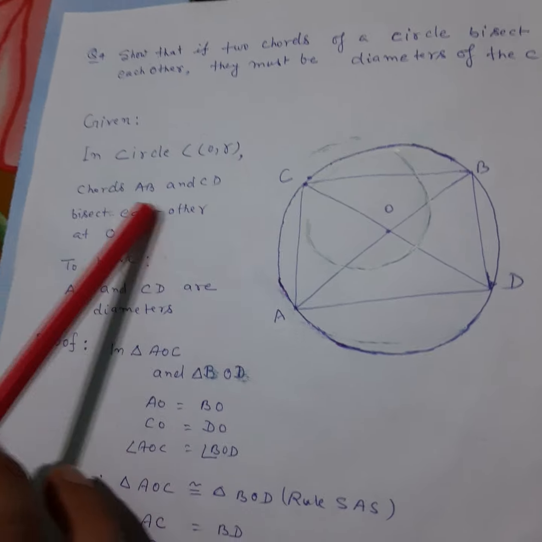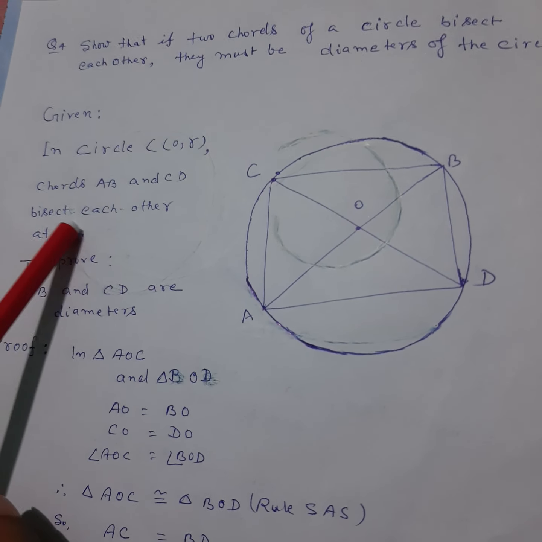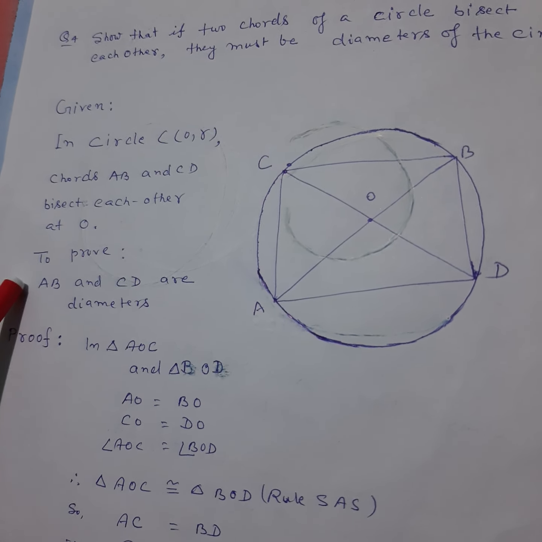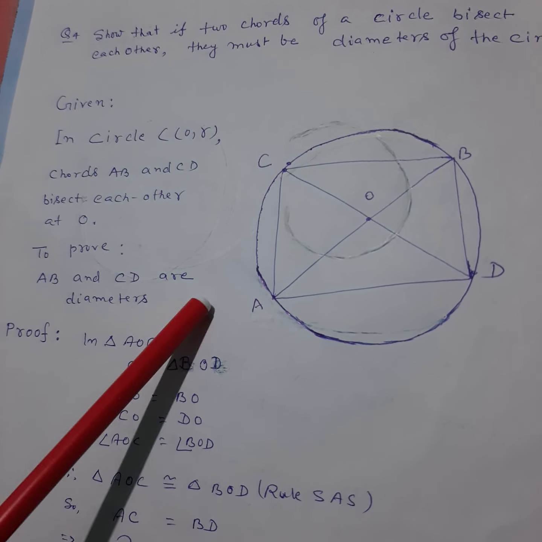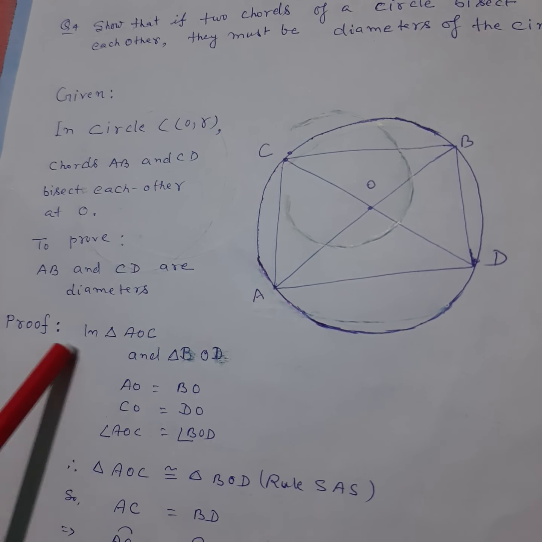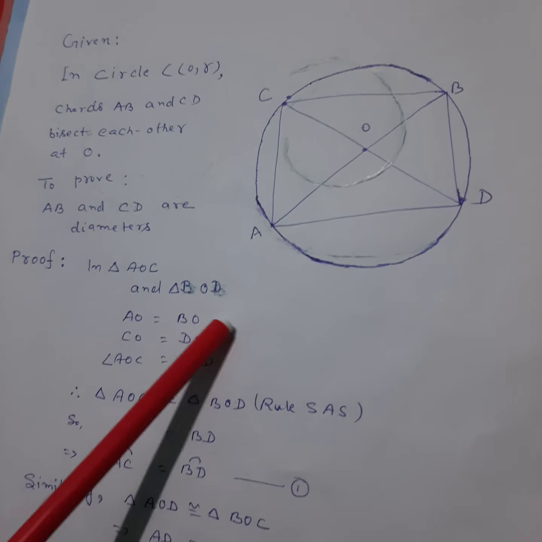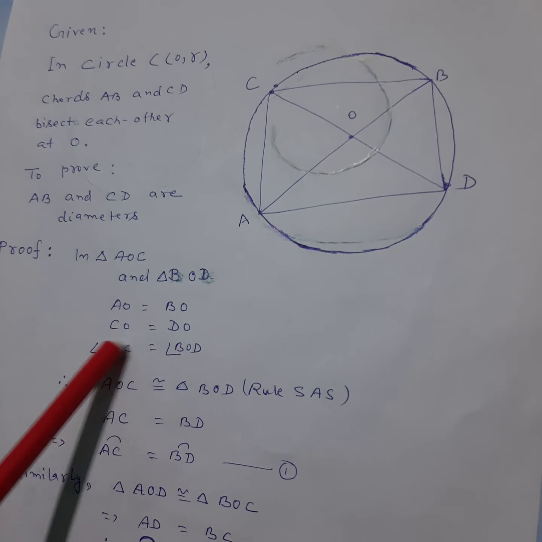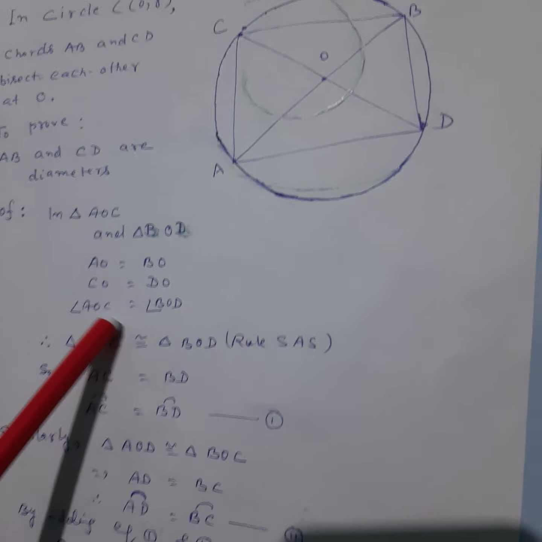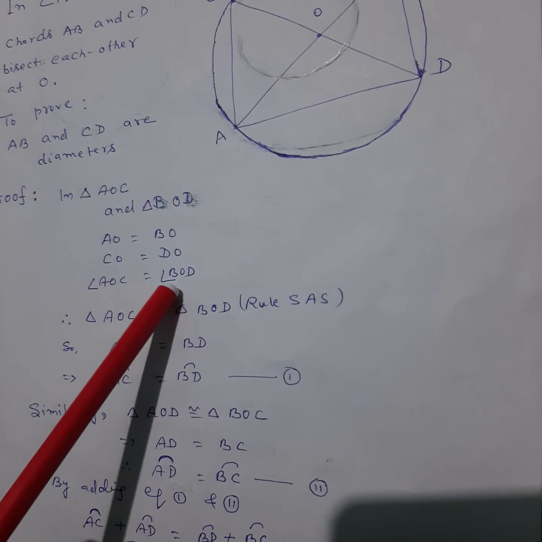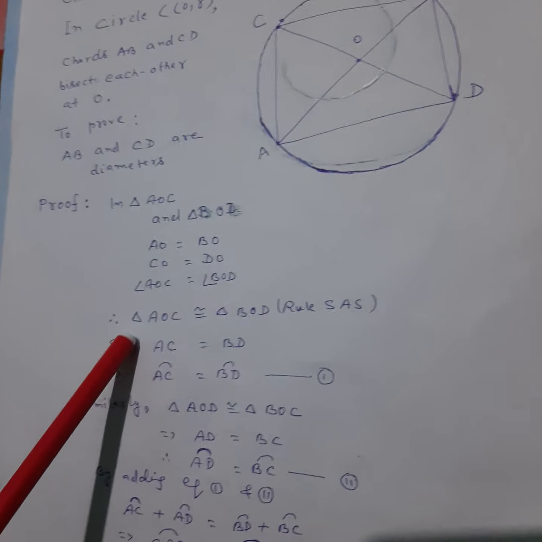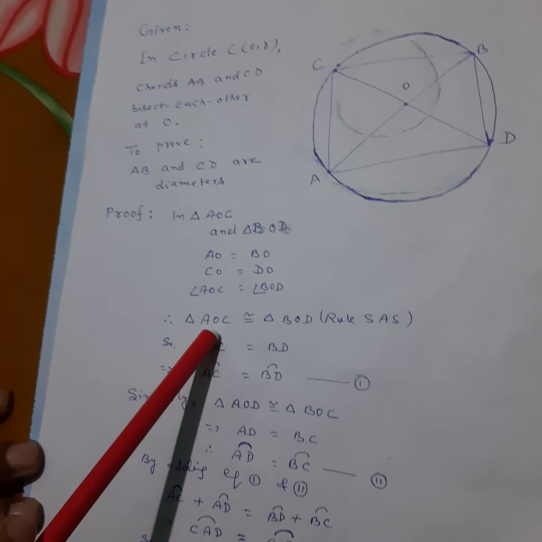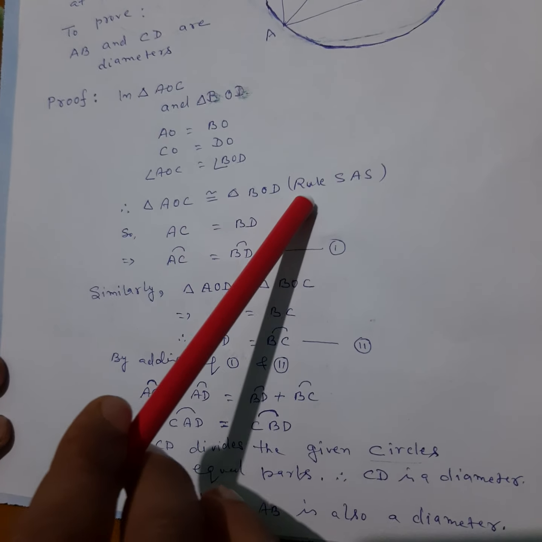If two chords of a circle bisect each other, they must be diameters of the circle. In the circle with center O, chords AB and CD bisect each other at O. Prove that AB and CD are diameters. Proof: in triangles AOC and BOD, AO equals BO, CO equals OD, and angle AOC equals angle BOD, vertically opposite angles. So triangle AOC is congruent to triangle BOD by the rule of